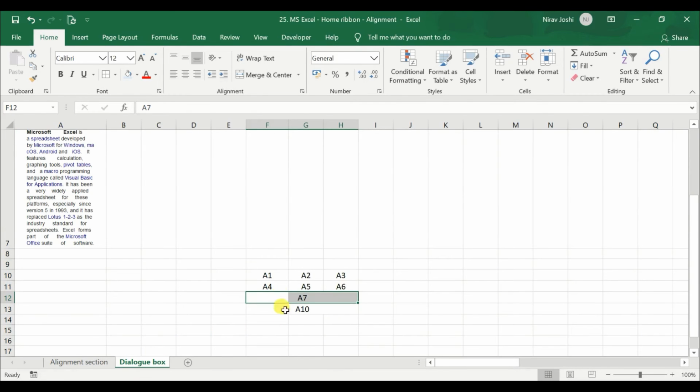But the difference here is, if there is data towards the right side of the first cell, then the data is not being merged. Secondly, if you remove this data from here, it will adjust the data itself. Also, if you remove all the data from the right side, it will keep the left side data itself. And suppose you remove data from the left side, it will not affect the arrangement of the cell.